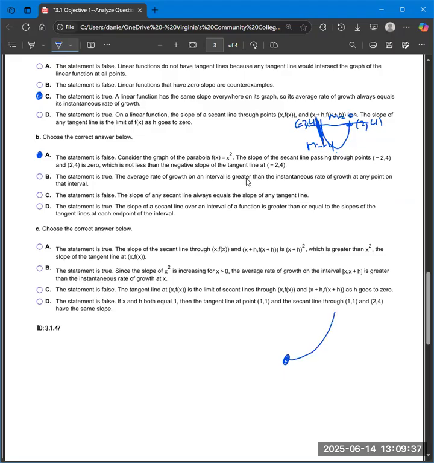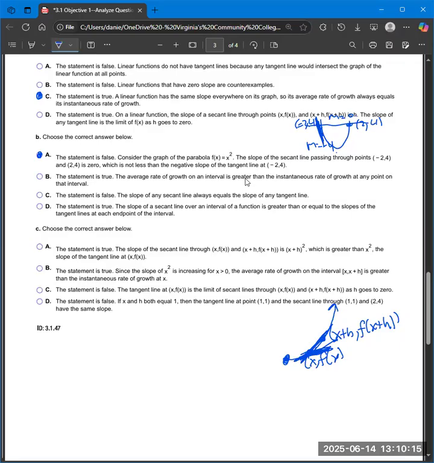I'm only looking at the right-hand side of the parabola, and I'm picking a point that is going to be x, f of x, and a point a little bit away from it that's going to be x plus h, f of x plus h. And I'm saying this tangent line right here must have a shallower, smaller slope than the slope of that secant line,